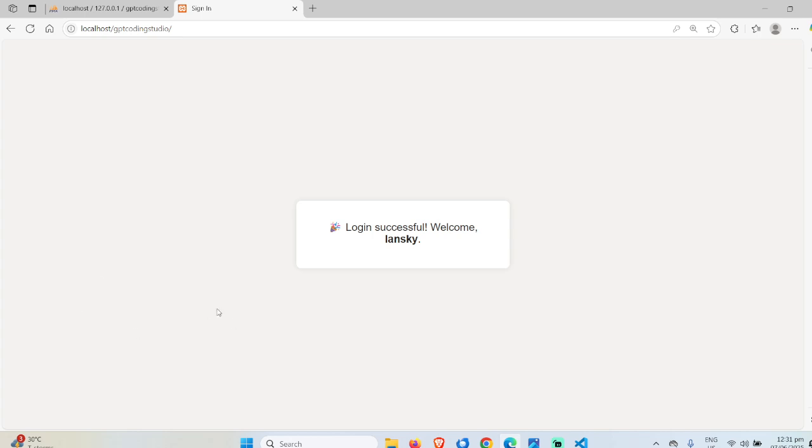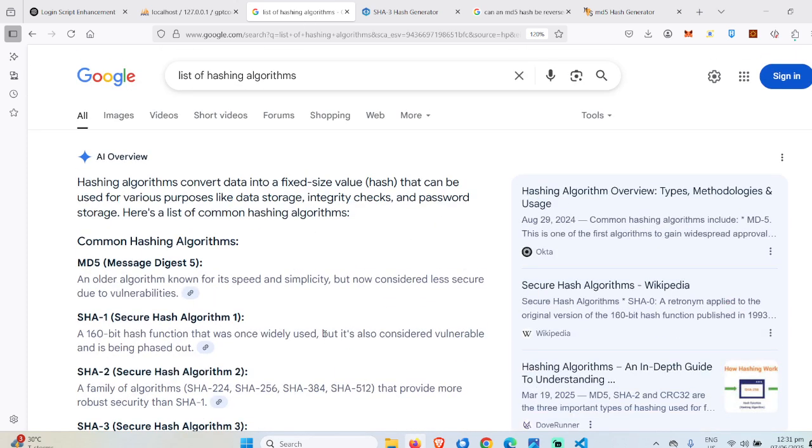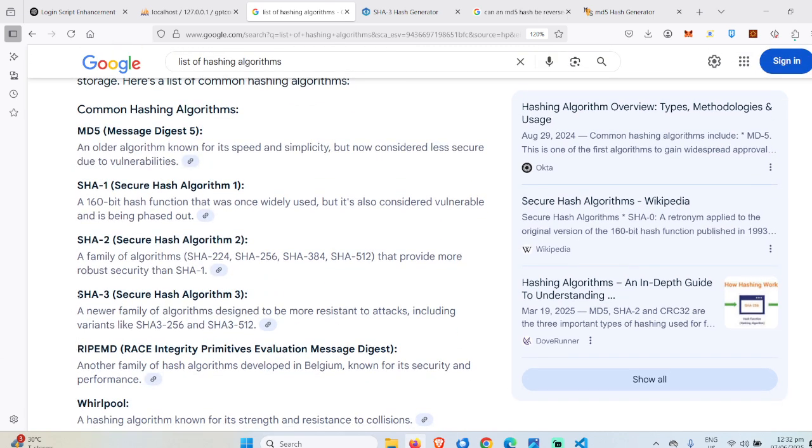Just before I close this episode or this video, I just have a discussion about the different algorithms that is possible when creating a login or a secure login for your page. MD5 is popular because of its speed, but it was popular in the previous 10 years or earlier, but because of the improved ways of the people who have less noble intentions, this has become vulnerable. So you have to choose a more secure hash.